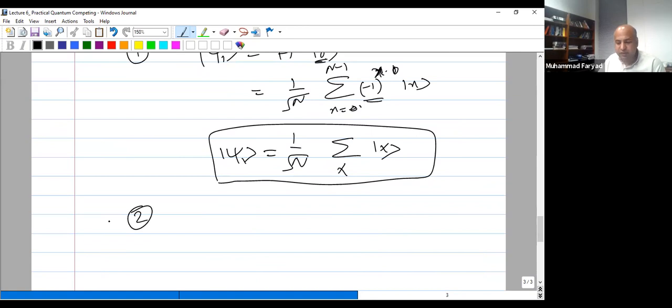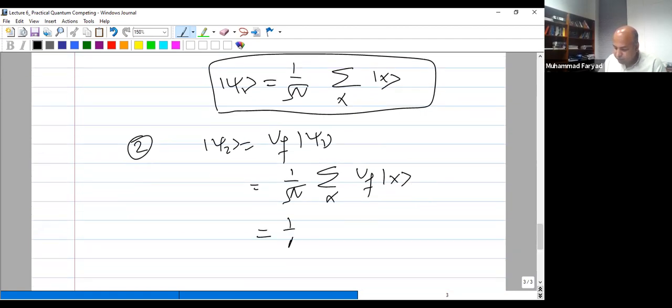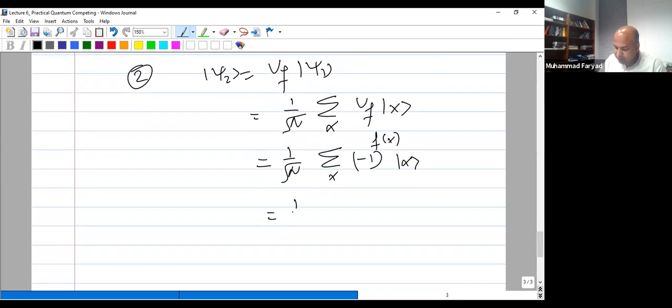So let's now apply the phase oracle. The phase oracle, when applied to this psi 1 state, will result in 1 over square root of N, sum over x, U_f taking |x⟩ to minus 1 to the power f(x), |x⟩, and f(x) this time is x·s, where this x·s is defined in a special way: we multiply the corresponding bits and then we add modulo 2. So this is our state after applying the